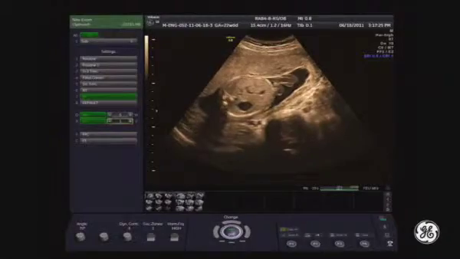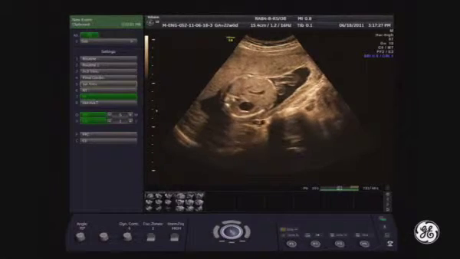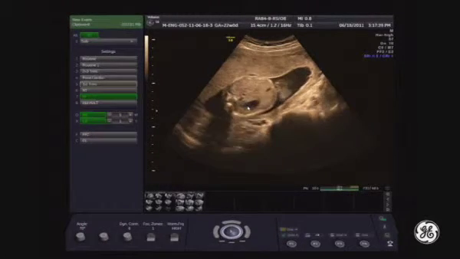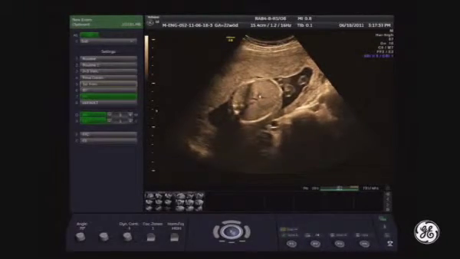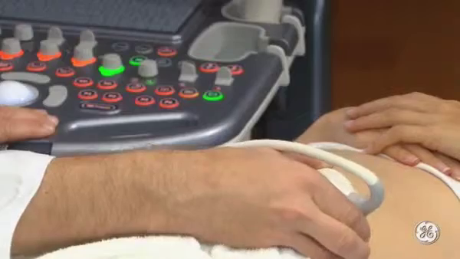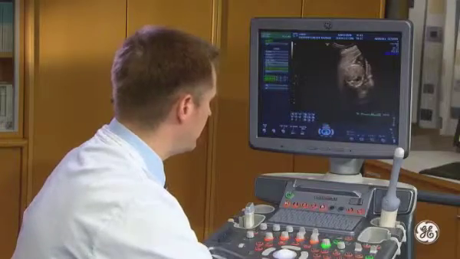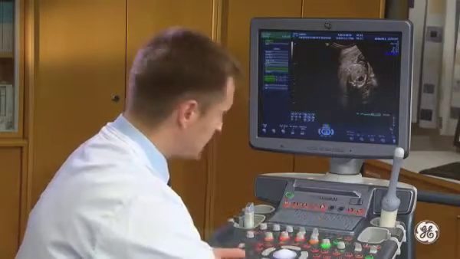You can see that from this side this wouldn't be possible because shadows will occur from behind the ribs. I will move the transducer to this side, over there, and I have my upper abdomen transverse view